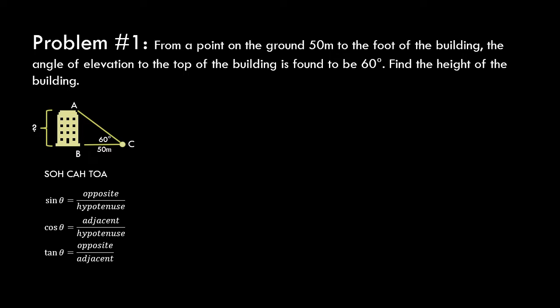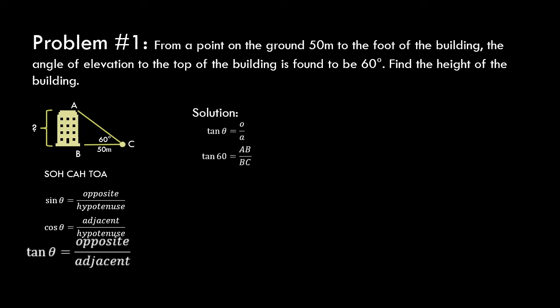So in this problem, our angle is 60 degrees. And the height of the building, which is side AB, is the opposite of our angle. And our given 50 meters, which is side BC, is the adjacent side of our angle. So the function we are going to use is tangent theta, because it includes both the opposite and adjacent sides. So to the solution,